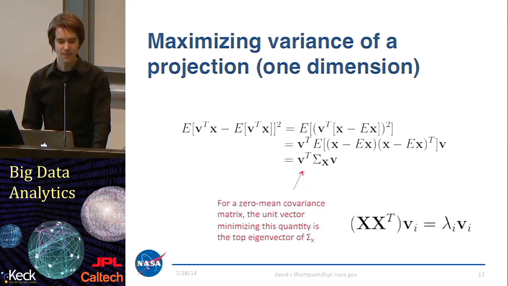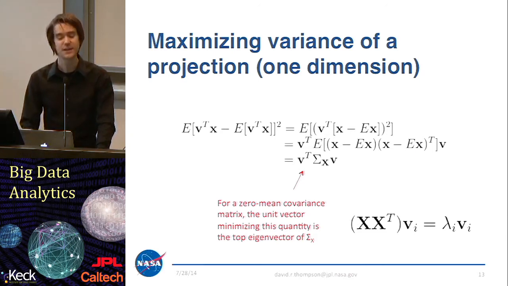Okay, so how would this work in practice? How do we maximize the variance of a projection? How do we identify the appropriate projection to use? Well, here on the left side, you can see we can rewrite the variance of our projection as the expectation of the projection. Here I've noted the projection vector as a vector v, which I'm multiplying. I'm basically taking the dot product of that with x, and that gives me the projected location. So the projected location of a data point minus its expectation,